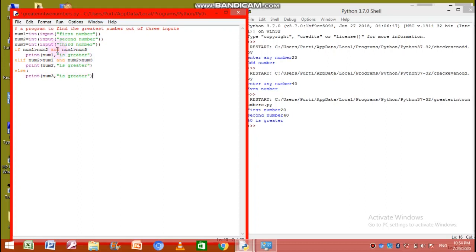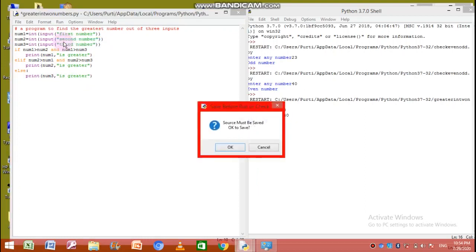Suppose if this condition becomes false and this also becomes false, then it will come to the else part and it will print num3 is greater, because when num1 is not greater and num2 is also not greater, obviously num3 is greater. So let us run the program.